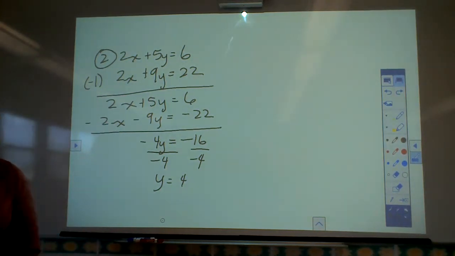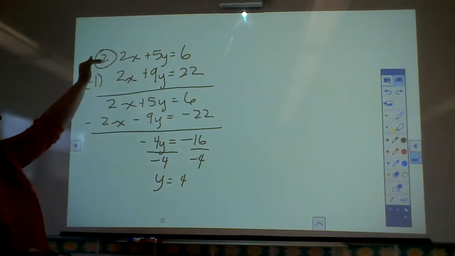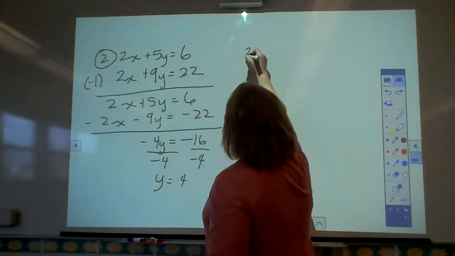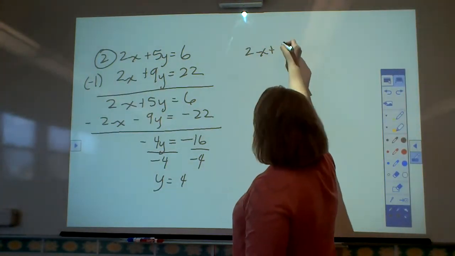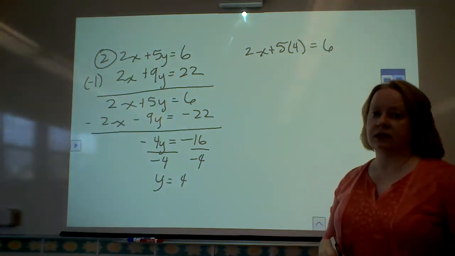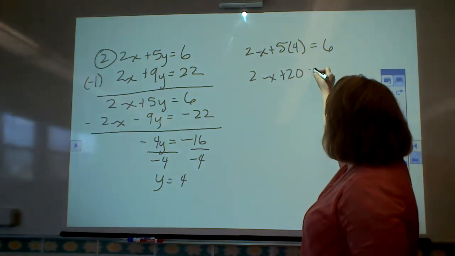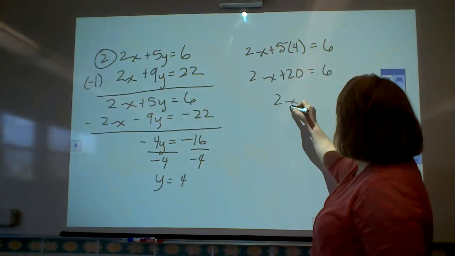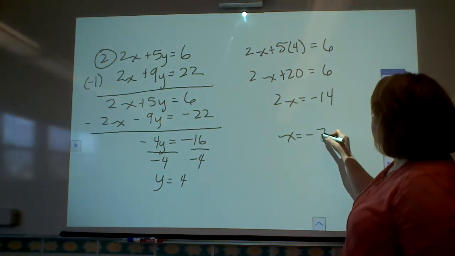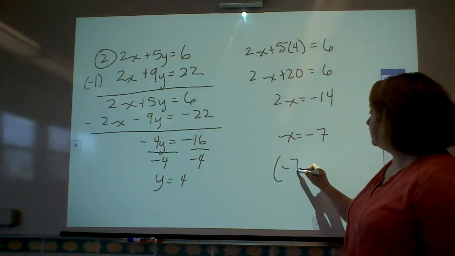Okay, and then again, you're just going to sub it back in to find the answer. You can choose the first one or the second one. I'm going to use the first one here. So we have 2x plus 5 times 4 is equal to 6. 2x plus 20 equals 6. 2x is -14. X is -7. So the ordered pair is -7